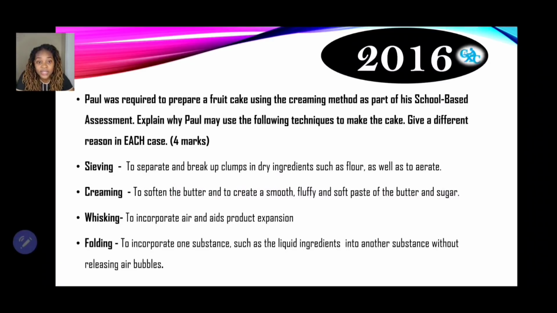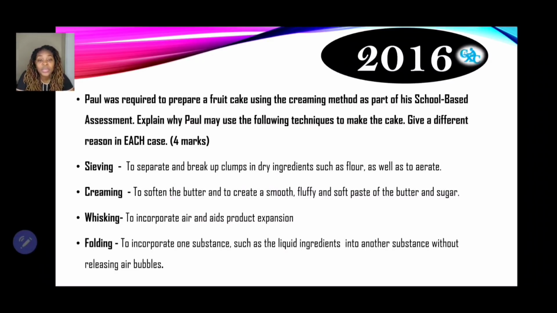There's also folding, and the purpose of folding is to what? To incorporate one substance, such as the liquid ingredient, into another substance without releasing air bubbles. So for instance, say we're making this fruit cake by the creaming method. Good. So after we have creamed our butter and our sugar, and we have added our eggs, and then we're moving on to probably adding our fruits and our flour mix and our other wet ingredients. We have to fold. So we gently fold